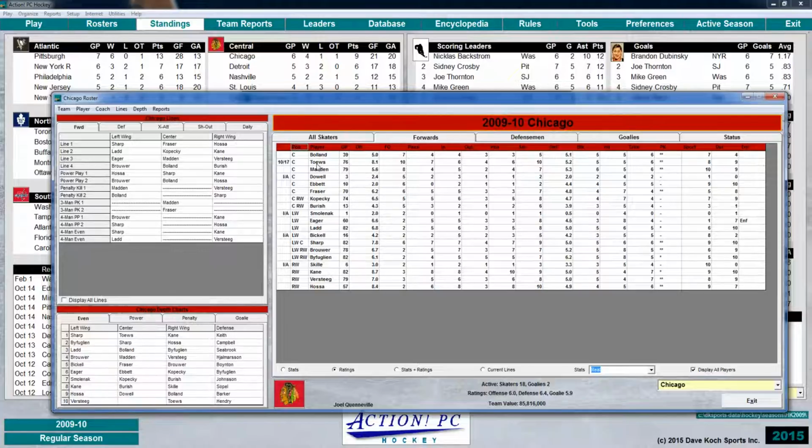But so he's out. So that leaves us with Boland, Madden, Abbott, Frazier, our main centermen. When we look at them and compare, what I'm trying to do is set up a couple scoring lines and then a defensive line and then a checking line, like most of the hockey coaches out there. So when I look at defense here, and I sort it by defense, and I look at the highest defense,